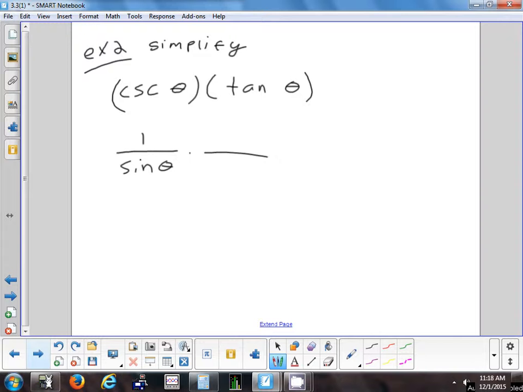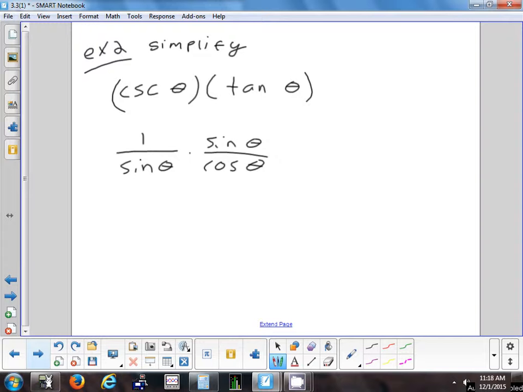Kaylin, how can we write tangent as a fraction? Sine over cosine. Right. We also could have done 1 over cotangent, but if you do that, you're going to get stuck here. You're going to look at it and not be able to figure anything out, because you changed it using the wrong formula. In this case, sine over cosine